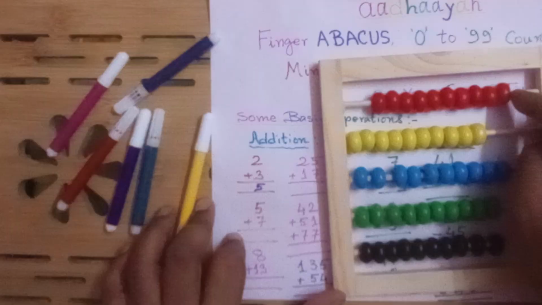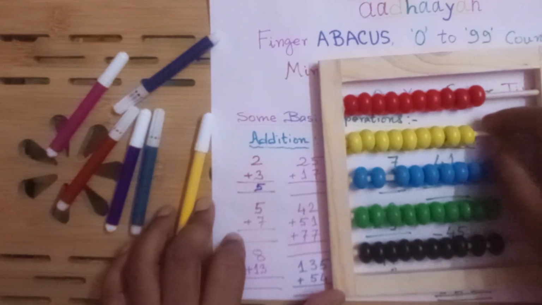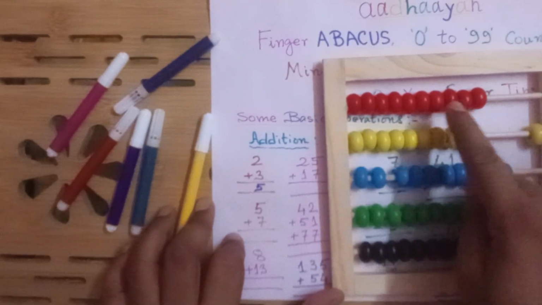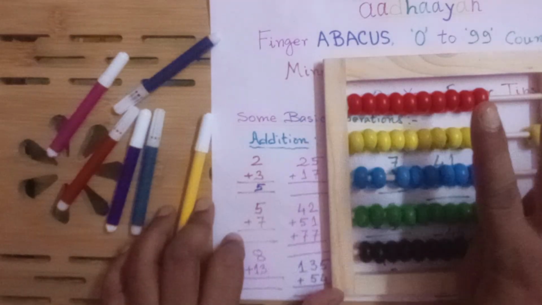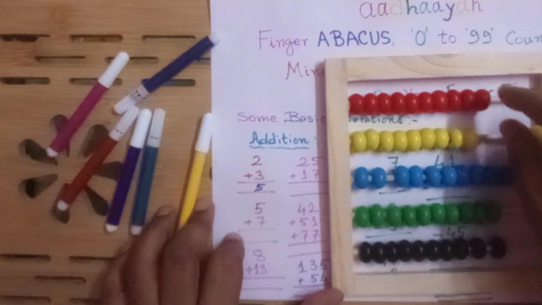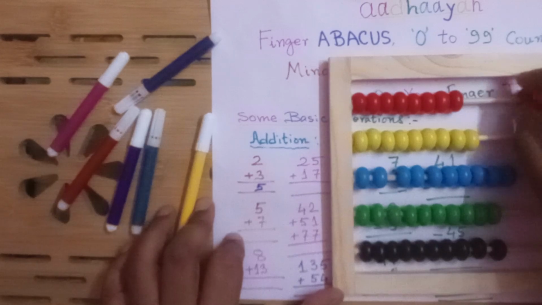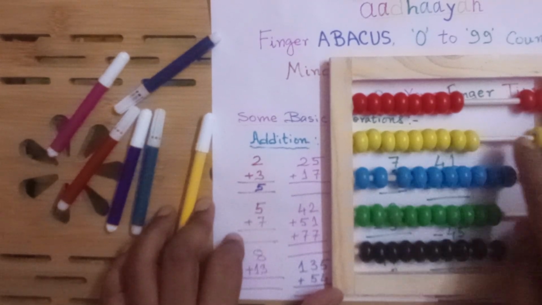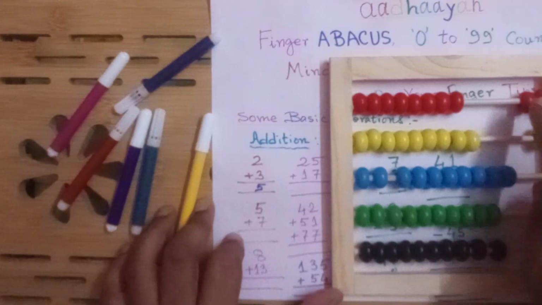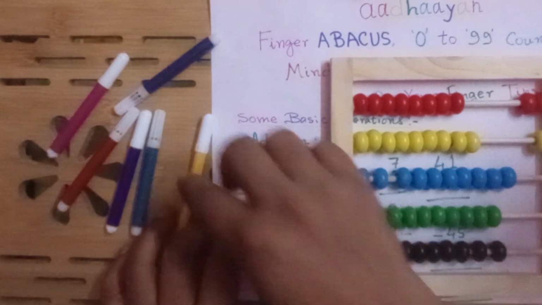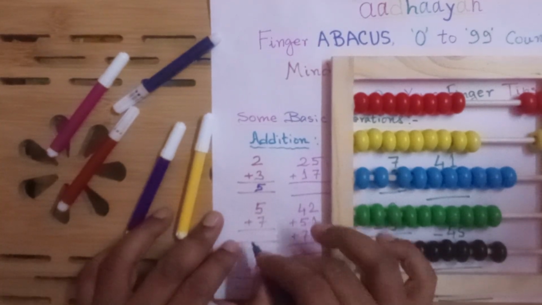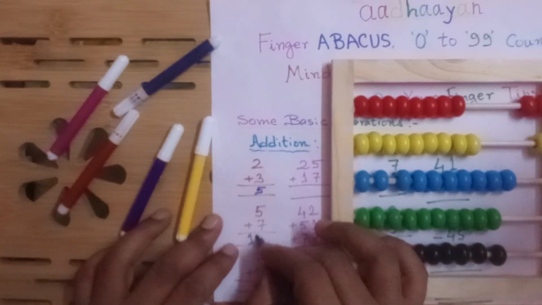So make them 0 and take a 10th position one, that is 10. So we take 5, after that 5, so 2 left from 7. So 1, 2. So what is the sum? 10. That means in 10th position 1 and in unit position 2. So it is 12. 1, 2.